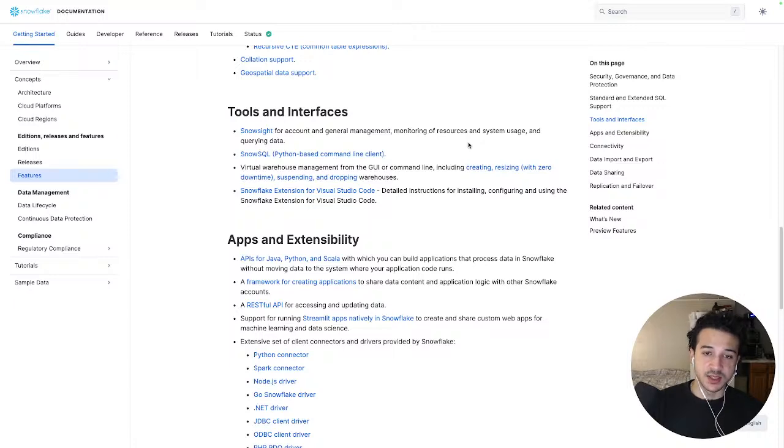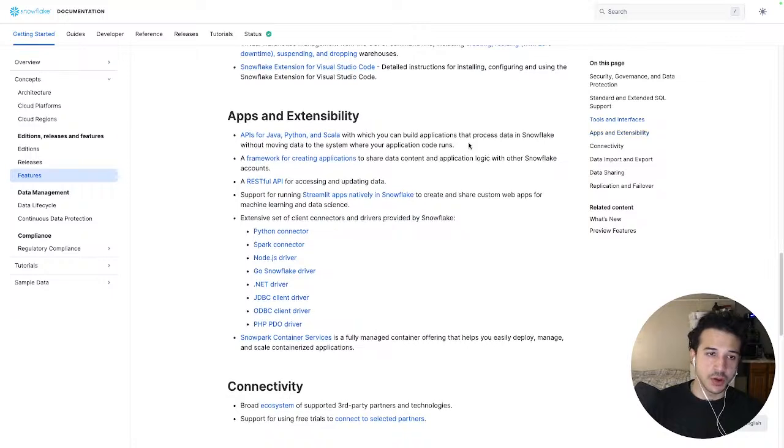detailed instructions for installing, configuring, and using the Snowflake extension for Visual Studio Code. Apps and extensibility: APIs for Java, Python, and Scala, with which you can build applications that process data in Snowflake without moving data to the system where your application code runs, a framework for creating applications to share data content and application logic with other